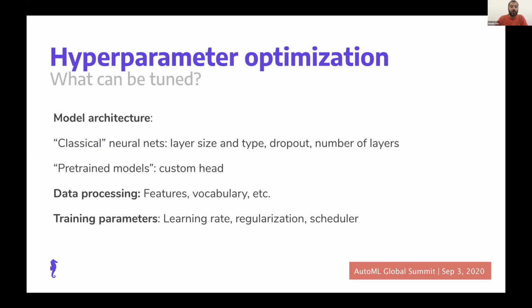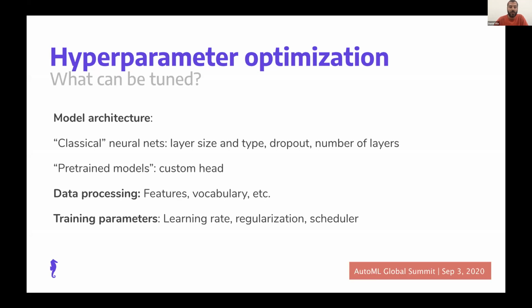So what could be tuned for NLP? So classical neural nets, such as convolutional or recurrent, here we could optimize layer sizes, types, dropouts, and so on. For pre-trained models, it is getting a little bit more complicated because the model architecture is already set up, and typically it is already a transformer backbone model. But things that you could optimize are the heads. So with the head, I mean the last layers of the model that are trained or fine-tuned for a specific task, such as text classification, question answering, and so on. So you could actually fine-tune that to find